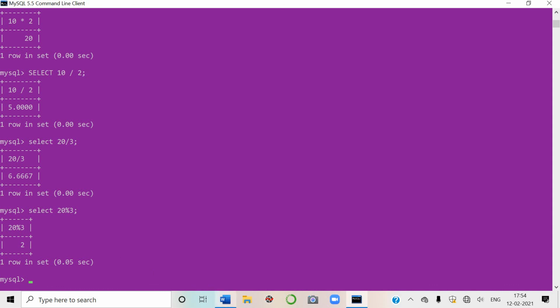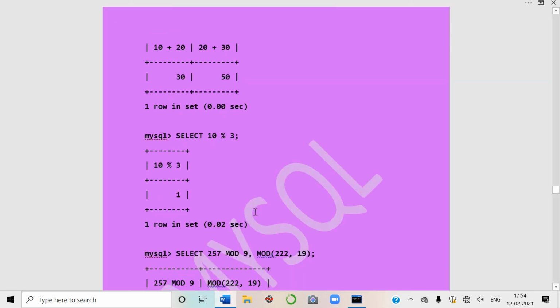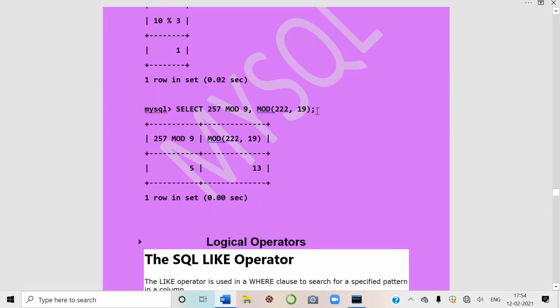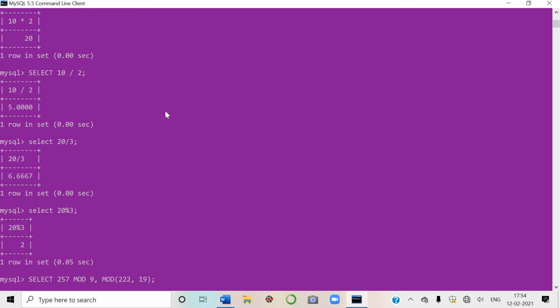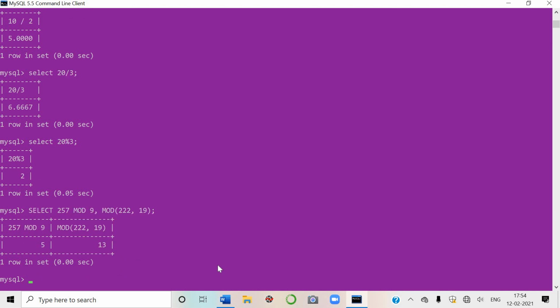Is it clear? Now these were your arithmetic operators. One more way of using the modulus operator is, see here, we can use the mod function also. I show you how. See, mod 257 divided by 9. Or you can write mod, then in parentheses you can give the two numbers. This number will be divided by the other number. Fine.